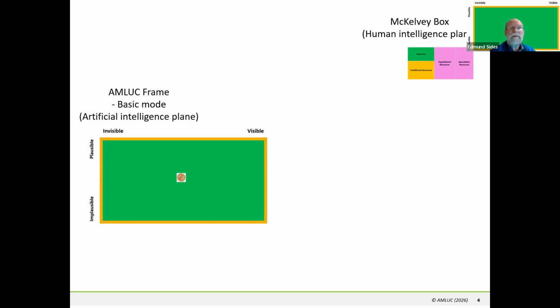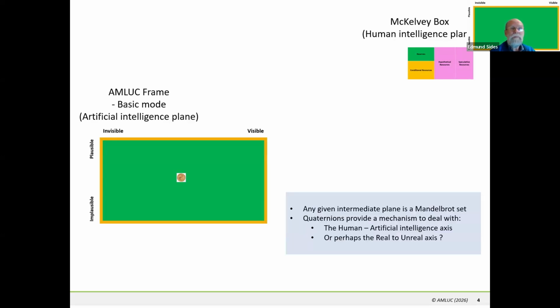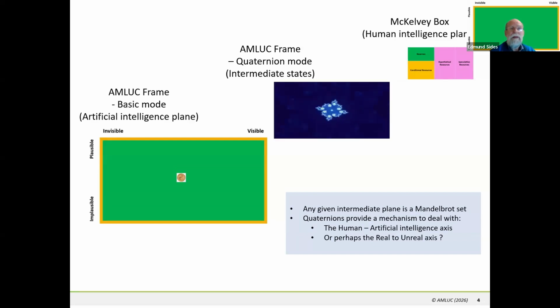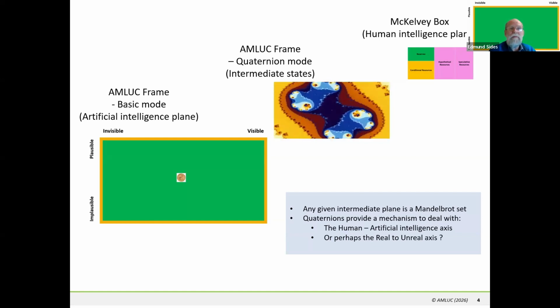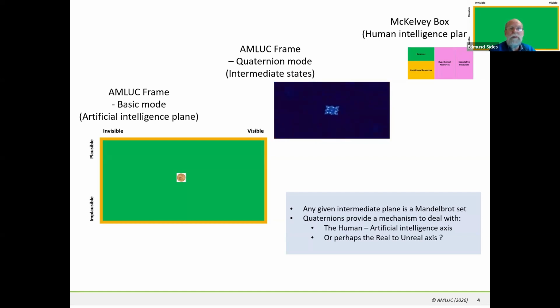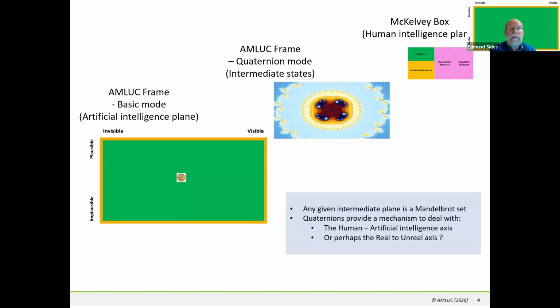However, we will commonly have estimates that are neither entirely human nor entirely artificial, and hence a quantitative measure to handle estimates that fall somewhere between the two is needed. For this, the group have suggested the use of quaternions, which are widely used for the calculation of rotations in 3 dimensions. As you can see, this would allow very complex patterns to be represented on any of the intermediate planes between the human intelligence and the artificial intelligence planes.